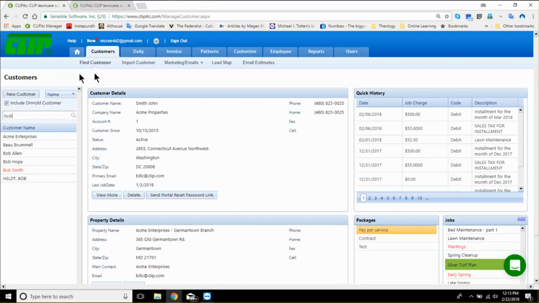Internal notes are notes that are just used in-house. So this might be where you track price increases or other information that the customer nor the crew needs to see. Limited route sheet notes, those are notes that you can set to show up a certain period of time